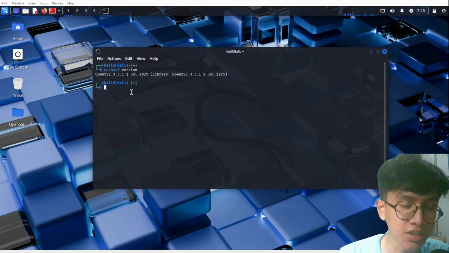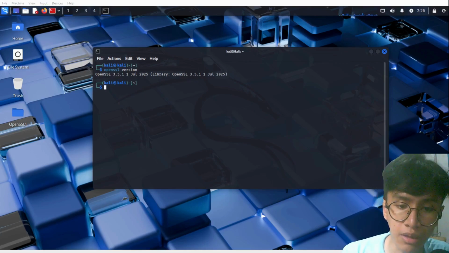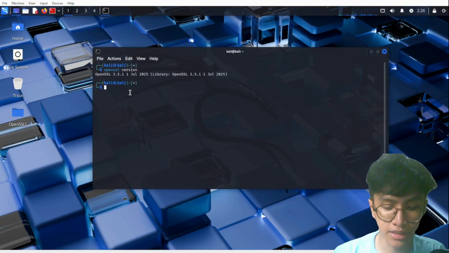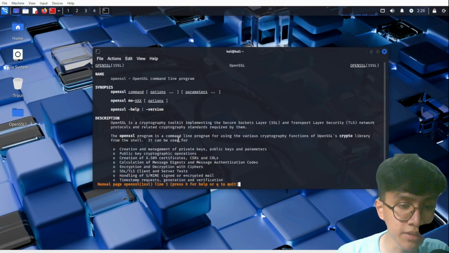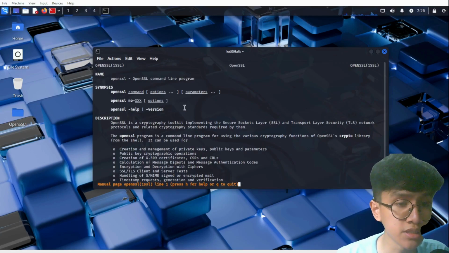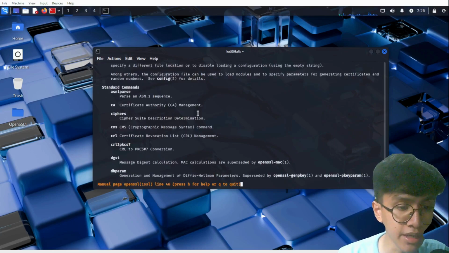So first of all, for our introduction, you can use the manual to check the manual for OpenSSL. Type man openssl, and this is gonna be the manual for OpenSSL. You can read the description, synopsis, the command summary, and all.